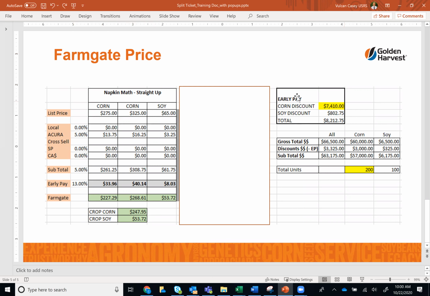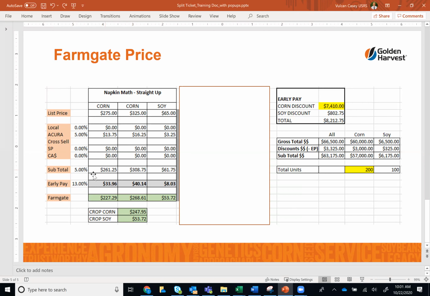I've got some reference points on the right for early pay, with the total discount for early pay and then broken down by corn and soy. And then I've got the gross total dollar values broken down by corn and soy for the ticket as well. But for this one, if you look at the corn, my list price for the first product is $275. I've got a very simple example here. So just a 5% retain offer, which is $13.75 off, no other discounts, which gives you your subtotal of $261.25